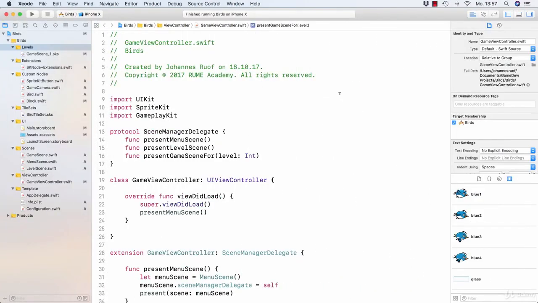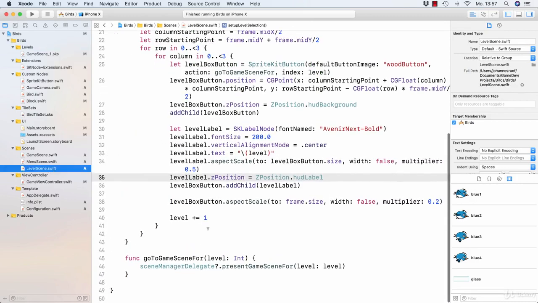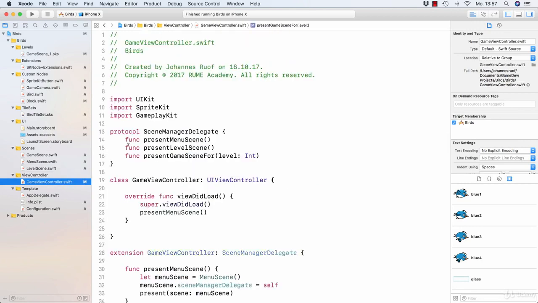Now that we have our level selection screen in place, it is time that we think about how we can integrate multiple different levels in our app. Since we did a lot of prerequisites and took care of a lot of work already, it won't actually be that difficult. We already have our level scene with the go to game scene for method, which will be called by our button taps. With this method, we're then going to call the corresponding method in our Scene Manager delegate